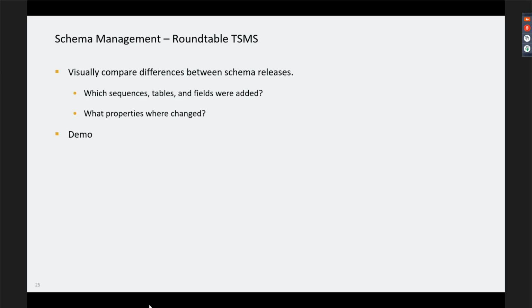Visually comparing the differences between your schema. So let's pick on Peter Project again. For some unknown reason, Peter Project wants to see all the differences in our database schema between some release a few years ago to today. I'm going to guess that Audrey Auditor has asked about that.